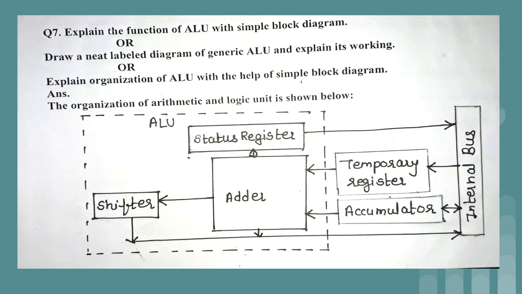Okay, so now ALU again is divided into 3 sections. The first part is status register, then we have adder, and then we have shifter. So whenever we want to perform so many operations related to arithmetic such as addition, subtraction, increment, decrement, complement, or logical operations such as perform logical AND operation, logical OR operation, logical XOR operation. So to perform all such operation, these 3 components are important. So this is the generic block diagram of the ALU.